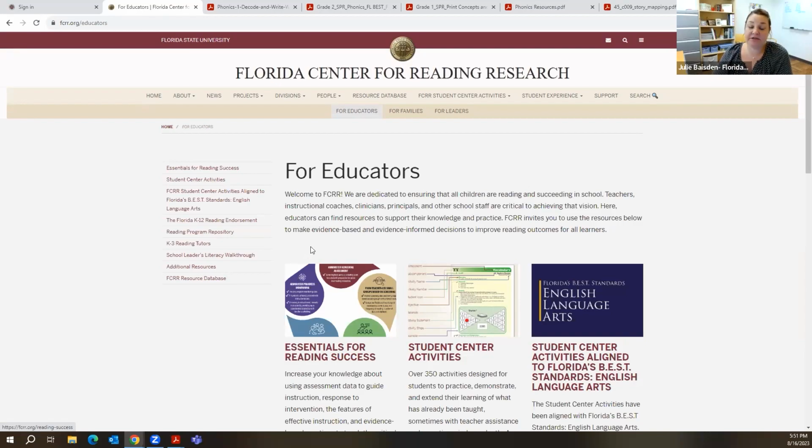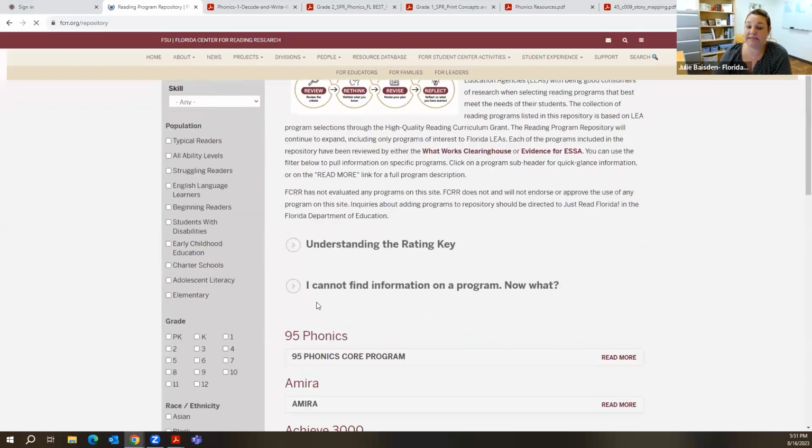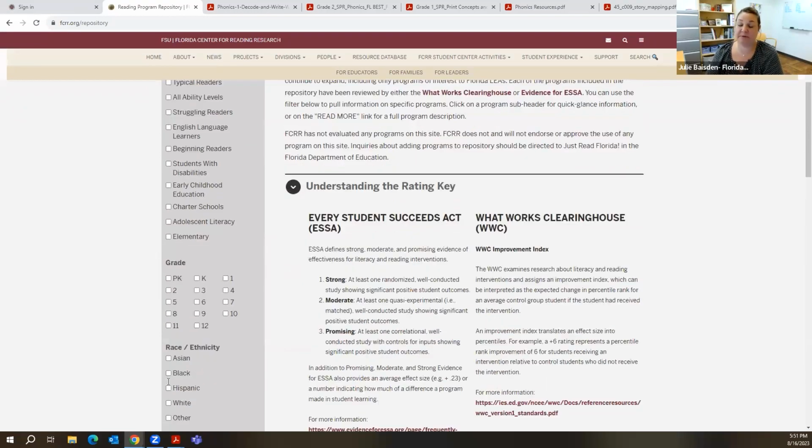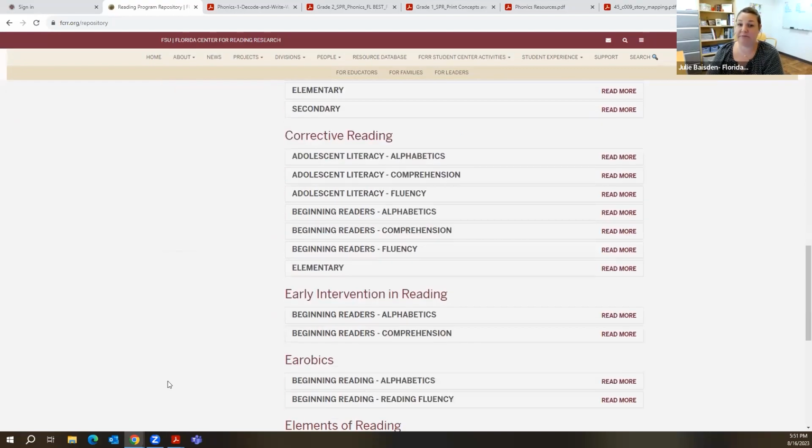I also think it's an interesting resource to help us when we're looking at our data. If we are not seeing the results that we want to see in the classroom and we're using Achieve 3000, it's nice to be able to go into this repository and see exactly how this program was supposed to be used.